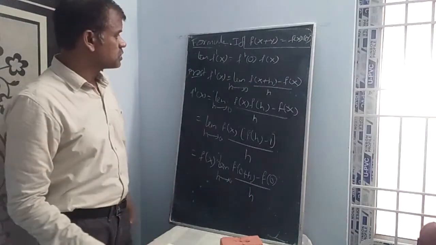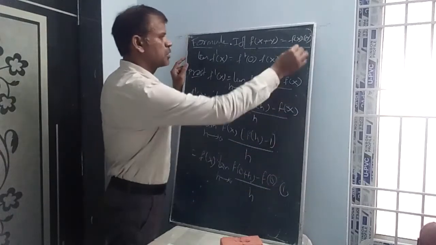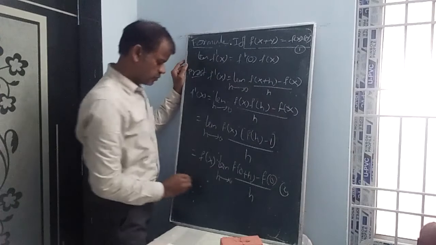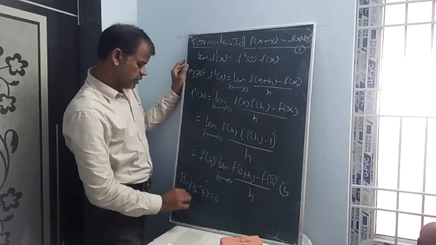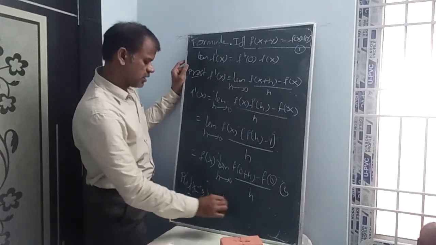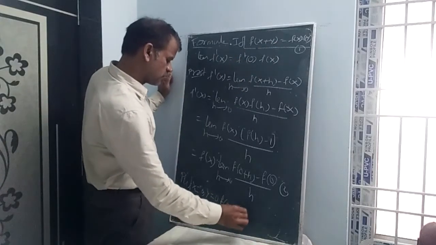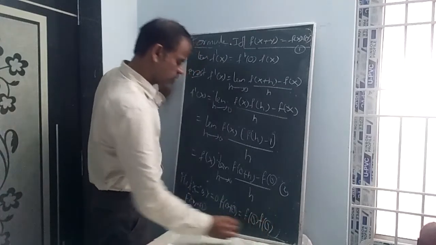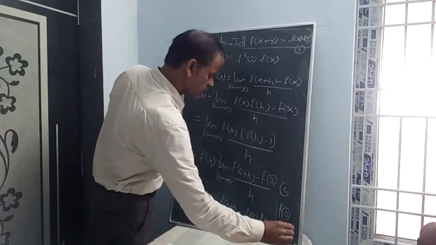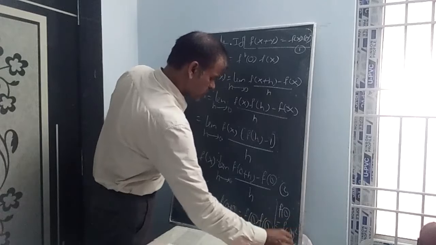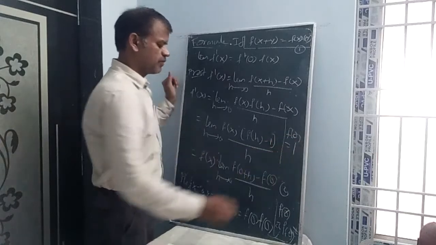Why are we writing f of 0 here? Let it be equation 1. Put x equal to 0 and y equal to 0 in equation 1. From 1, f of 0 plus 0 is equal to f of 0 into f of 0. f of 0 plus 0 becomes f of 0, so f of 0 is equal to f of 0 whole square. One f of 0 gets cancelled, so f of 0 is equal to 1.